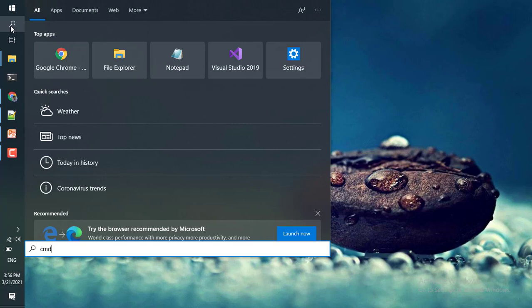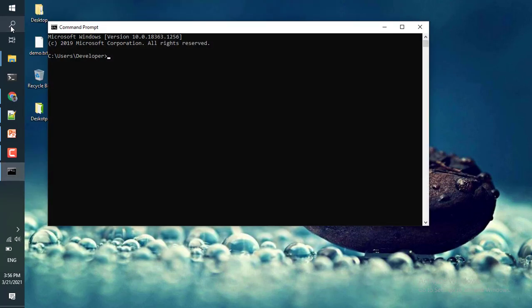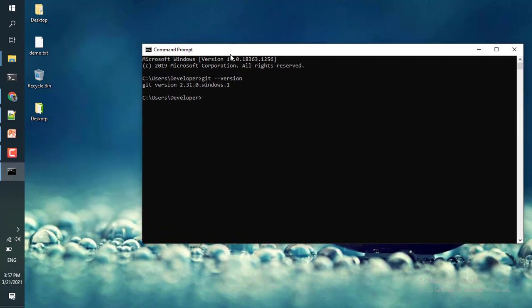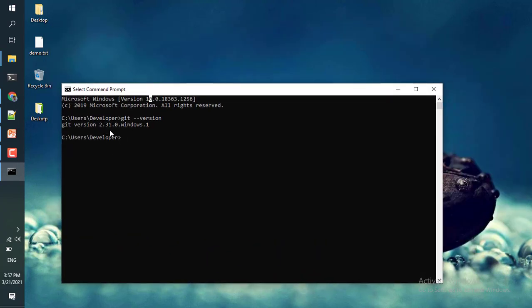We type the command git --version and hit enter, and you see we have installed Git version 2.31.0 for Windows.